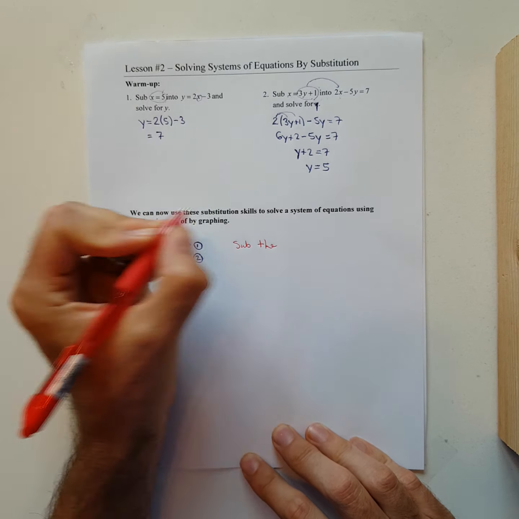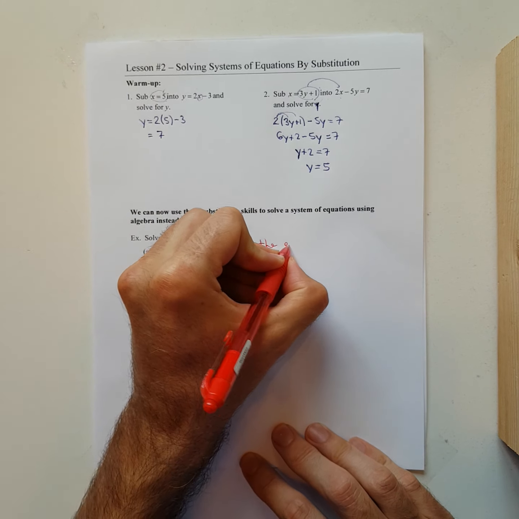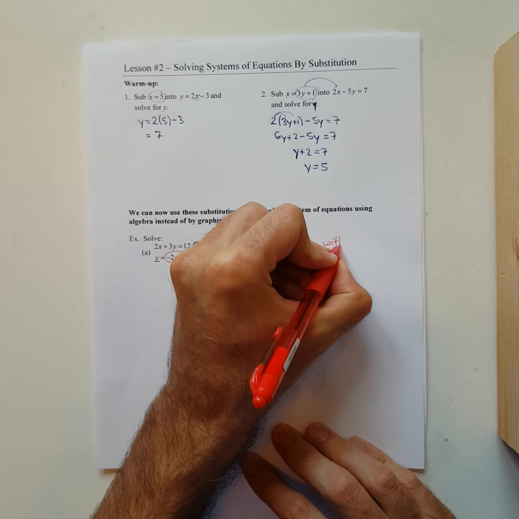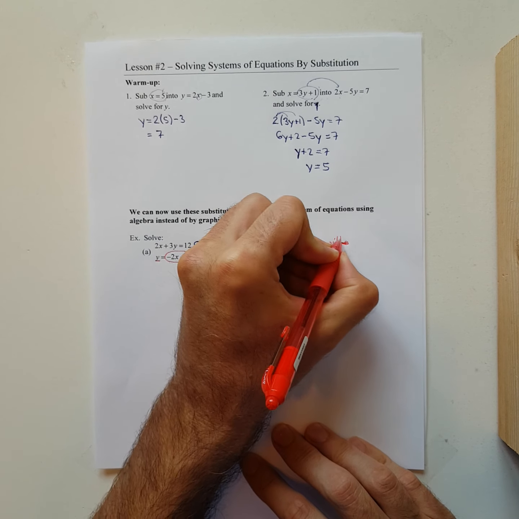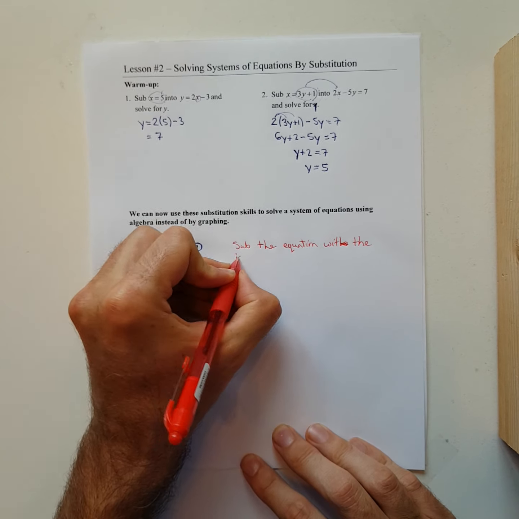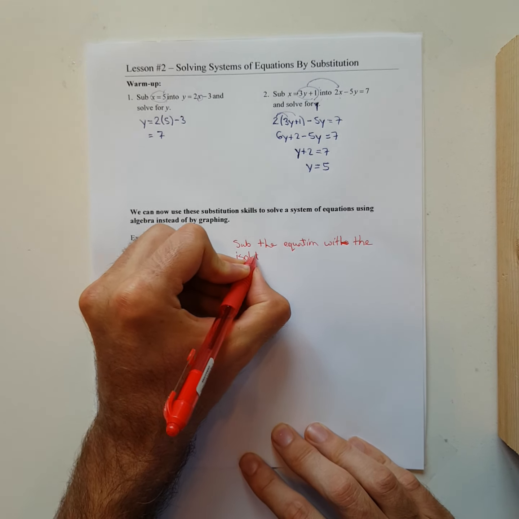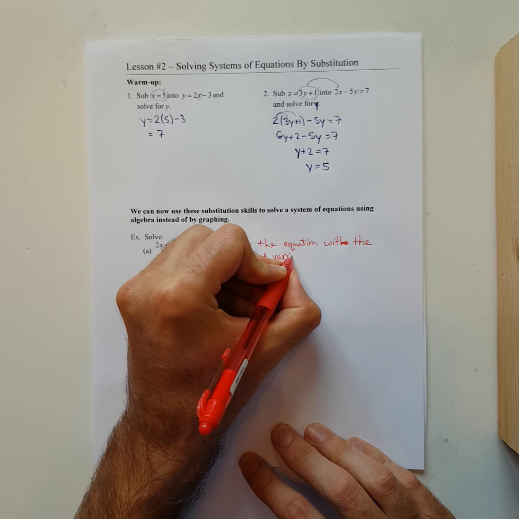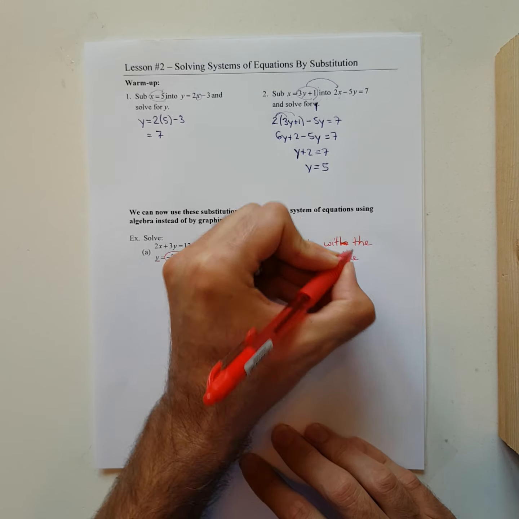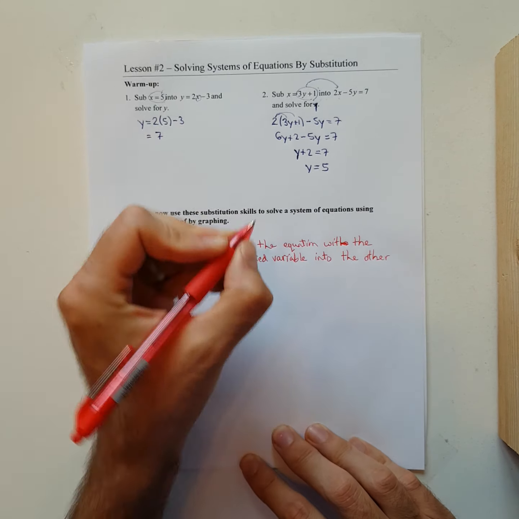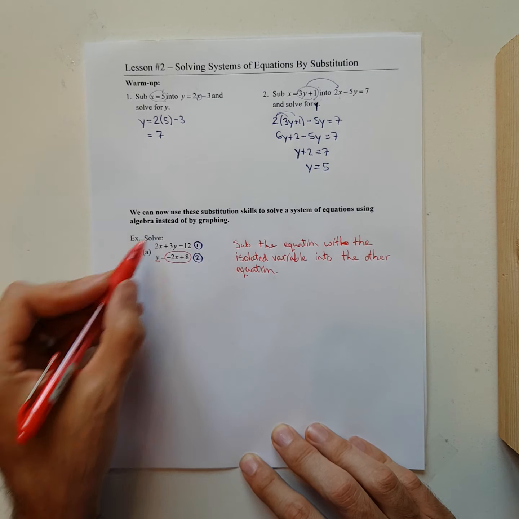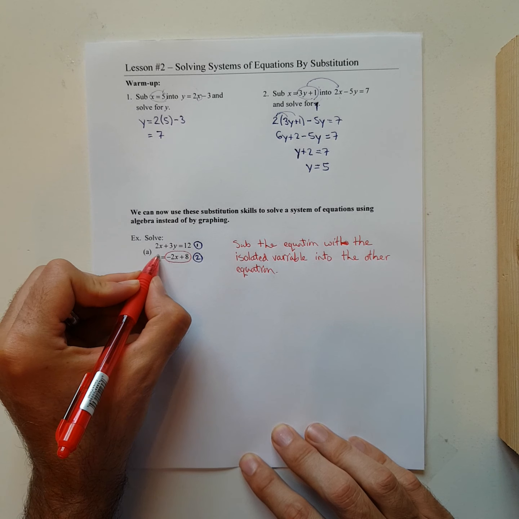So I'm going to say here on the side, here's our big step: sub the equation with the isolated variable into the other equation. And that's our big step when we're starting this question, is recognizing where do I have this isolated variable,